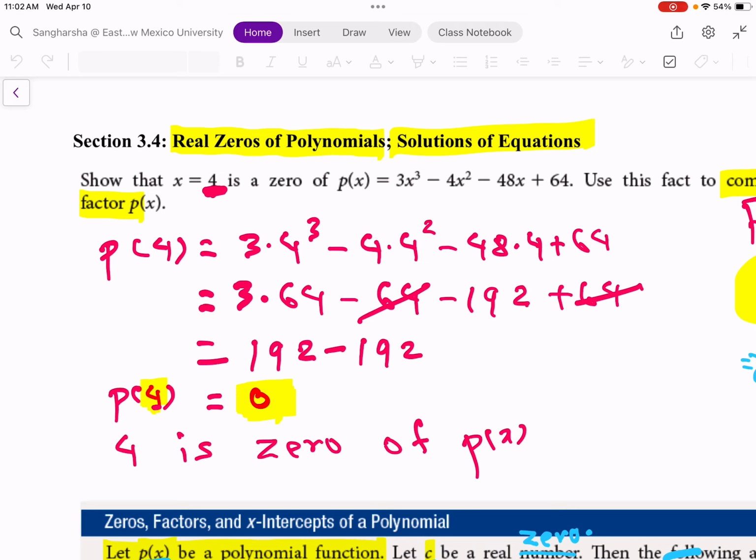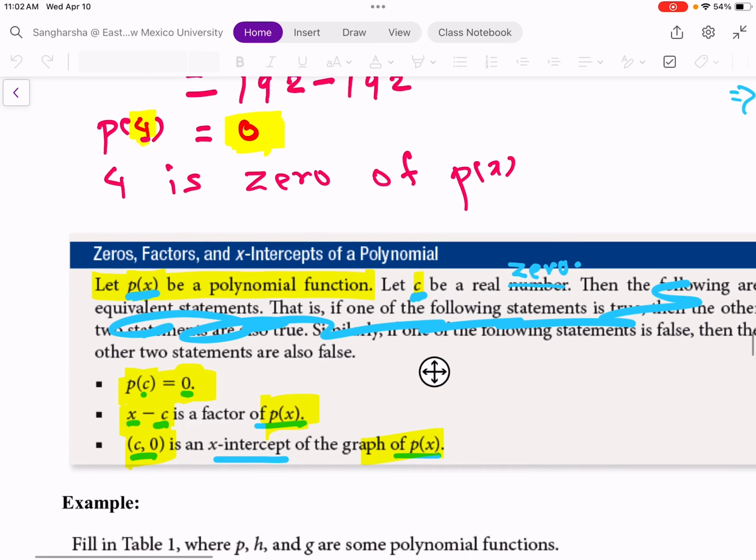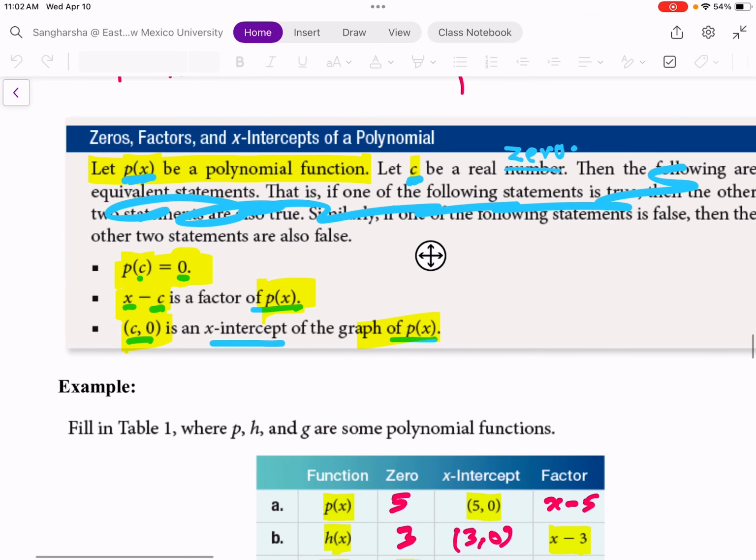Real zeros are also the x-intercepts. So once you find the real zeros, those are also the x-intercepts. And the real zeros are also the solutions for the equation. So here,